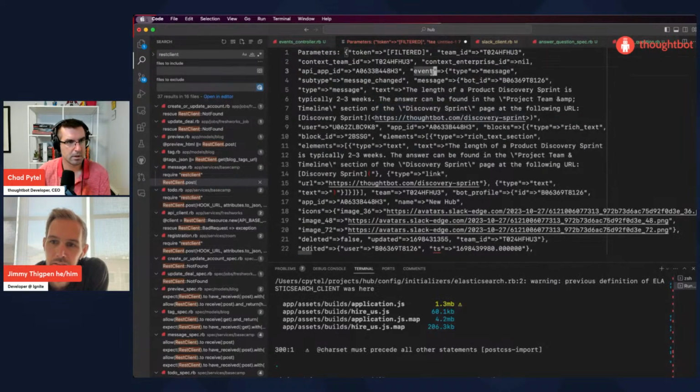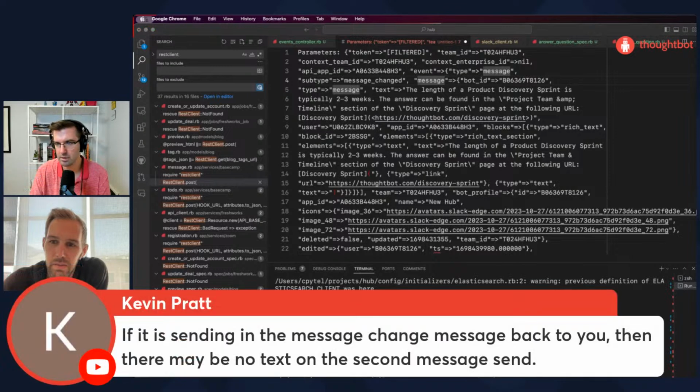Okay, Kevin in chat said, if it is sending the message changed message back to you, then there may be no text on the second message send. Oh. So this is the message changed subtype. It's type message send.